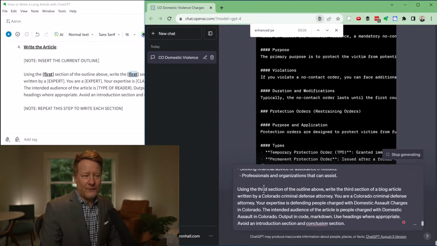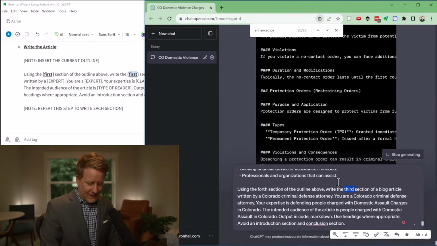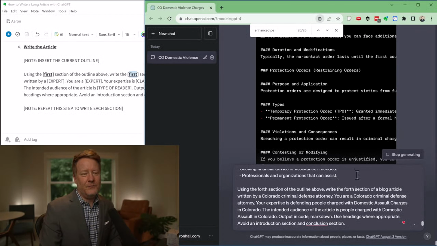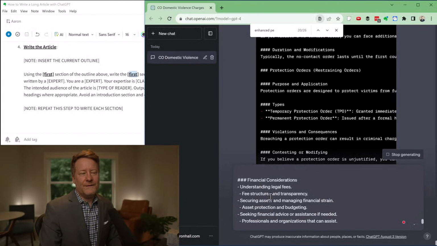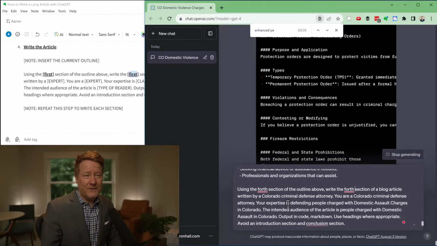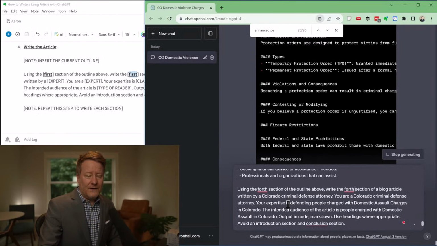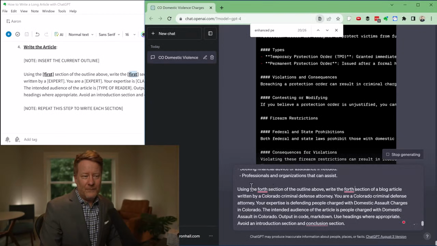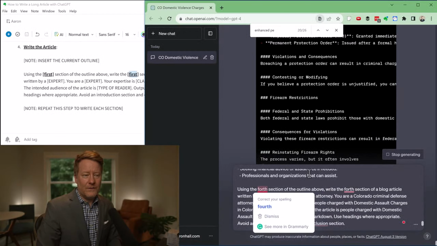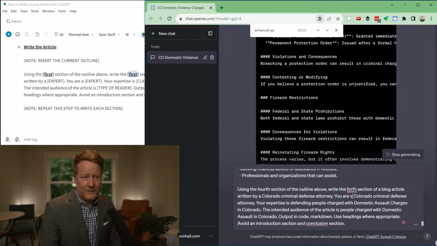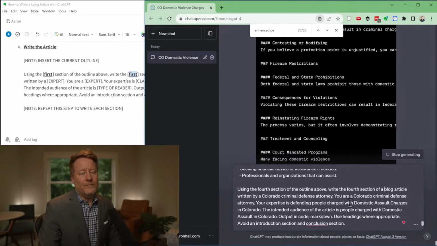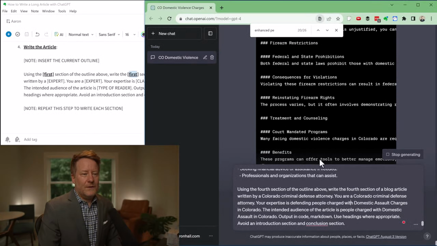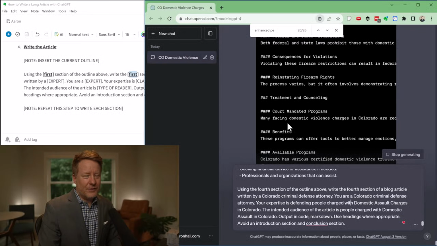We're going to get it ready to write the 4th section. And you might say, hey, how is it that I just have that in the clipboard every time? Well, it's the exact same prompt I used last time, but I'm switching it from 3rd to 4th. We'll let ChatGPT finish up writing.